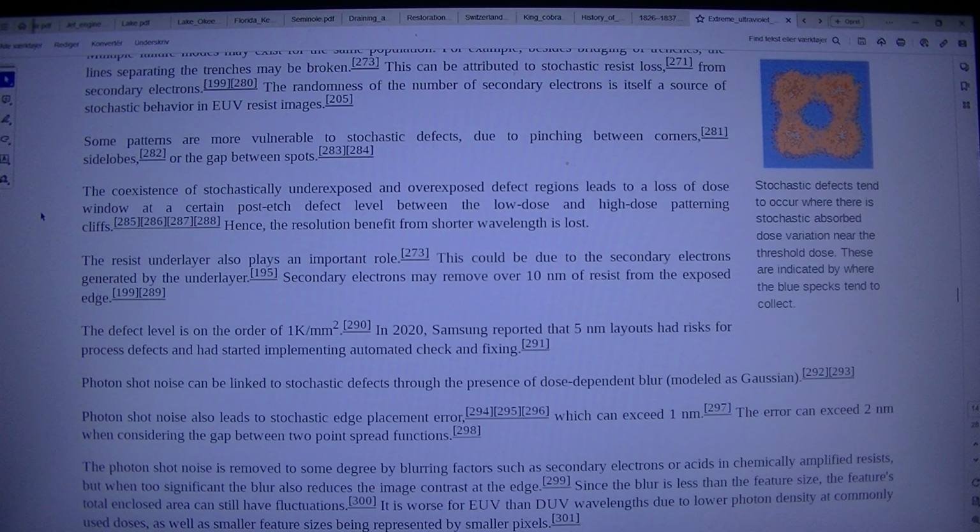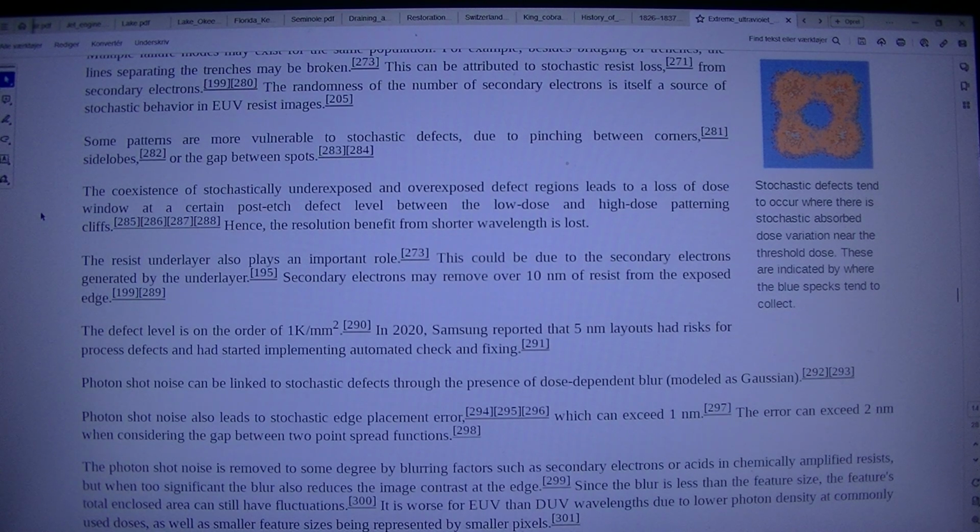Hence, the resolution benefit from shorter wavelength is lost. The resist underlayer also plays an important role. This could be due to the secondary electrons generated by the underlayer. Secondary electrons may remove over 10 nm of resist from the exposed edge. The defect level is on the order of